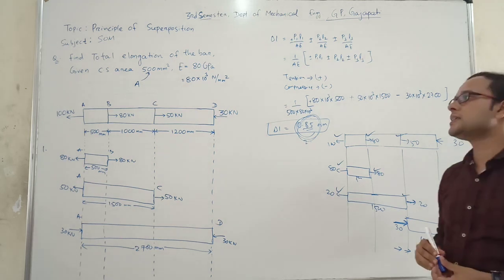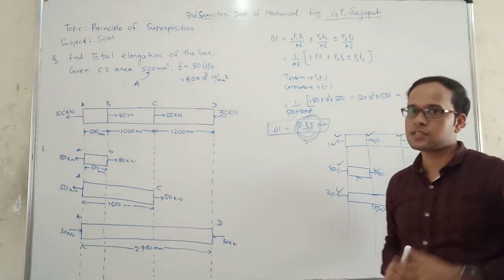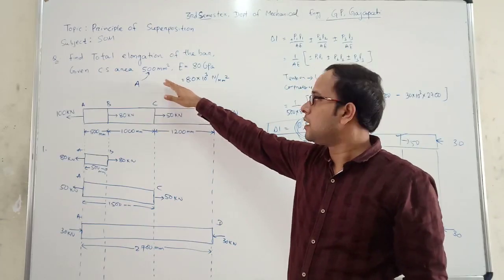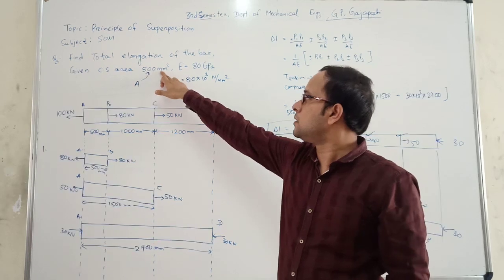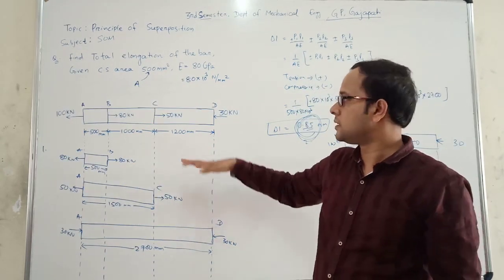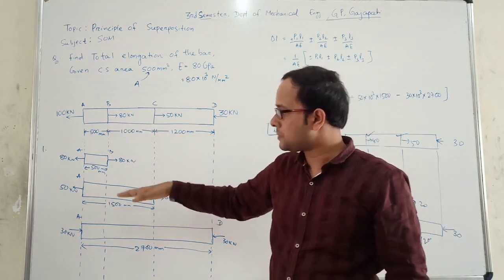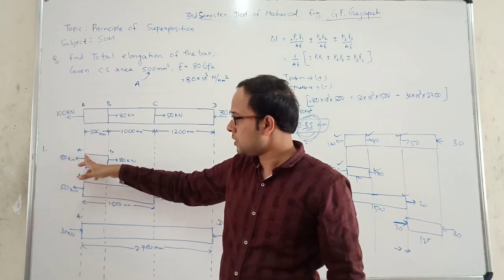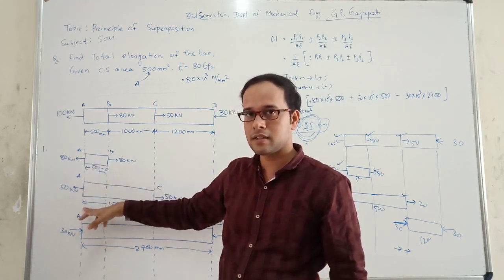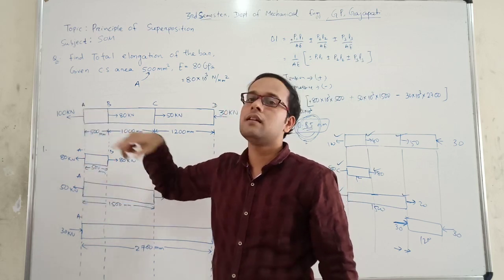So in this way we can solve the problem based upon principle of superposition. We have to remember the steps. First look at the figure, first write down the given data, convert the unit into similar units, millimeter or Newton. Then second step, divide the sections in such a way that after division we'll check the forces on the individual sections, and the resultant forces will be equal to the original figure.